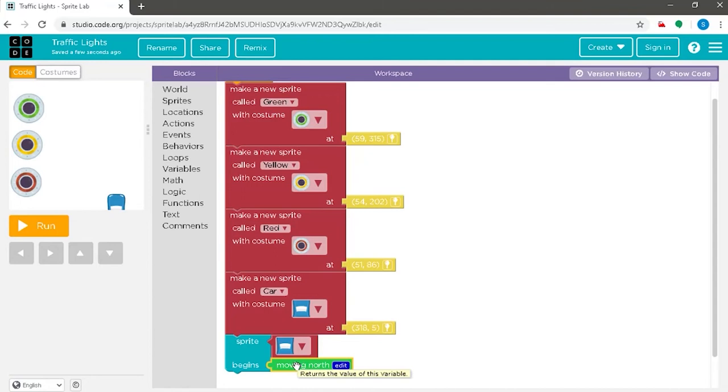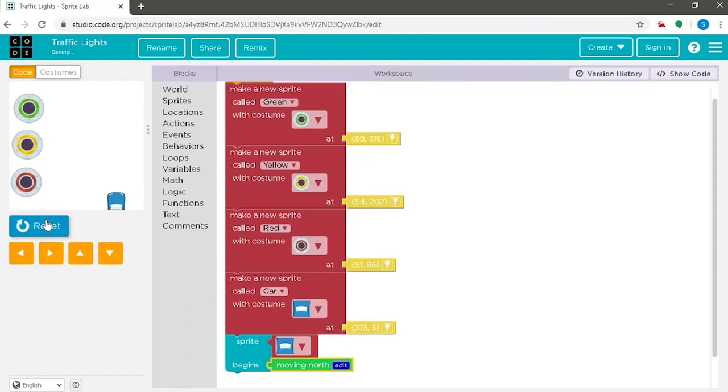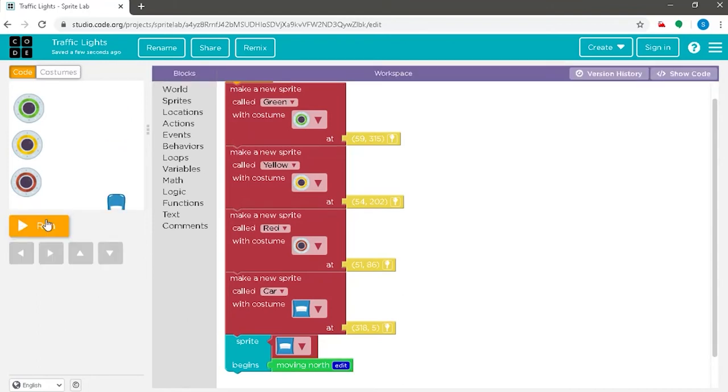Now we will be running the code. As you can see, our sprite, the car, will begin to move north as soon as we start running the code. We will now reset it and give the traits of each of the traffic lights.